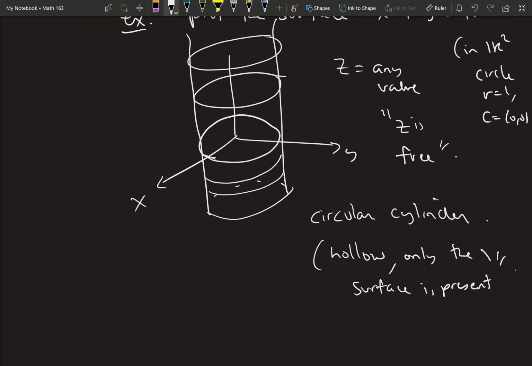It's not a solid object. You can think of folding a piece of paper into this shape, and that's the surface. That's what I mean by the surface only. Okay,